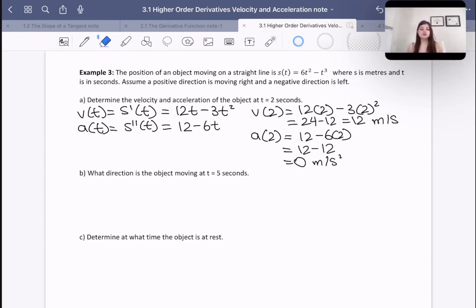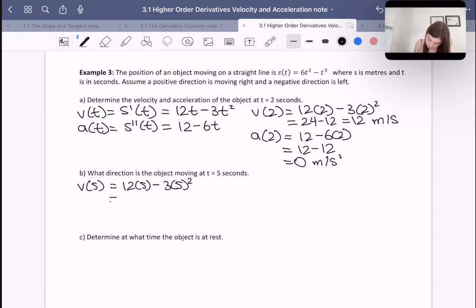So first, to do this, we're going to need to find the velocity v of 5. And if it's positive, then that means it's moving right. And if it's negative, that means it's moving left. So let's see what we get. So v of 5, 12 times 5 minus 3 times 5 squared is equal to 60 minus 75, which is negative 15 meters per second. So that means the object is moving